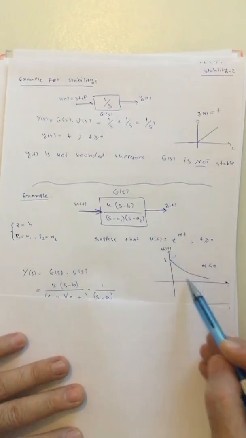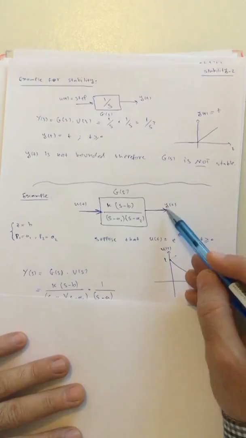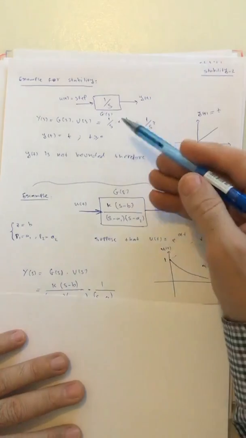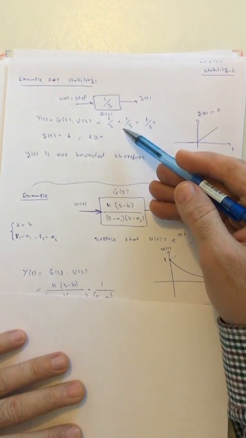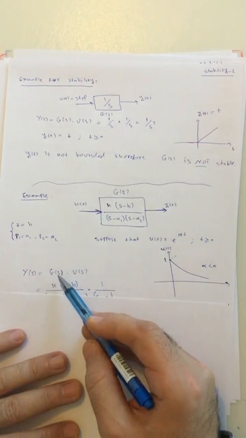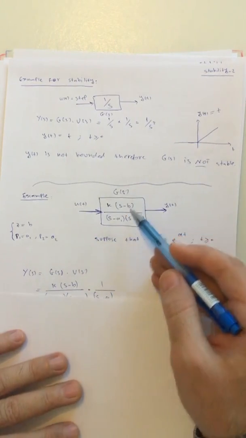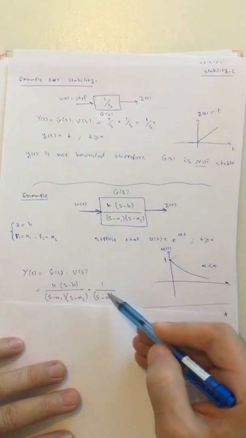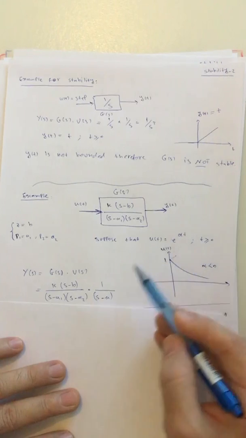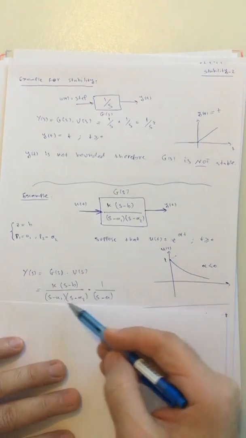So you should actually find y of t for such an input. The way to do that, we follow the same procedure that we had for the previous example. We take the Laplace transform of y. So y of s would be g of s, this transfer function, multiplied by u of s, and you know that the Laplace transform of e to the power of at is 1 over s minus a. So y of s has such a form,